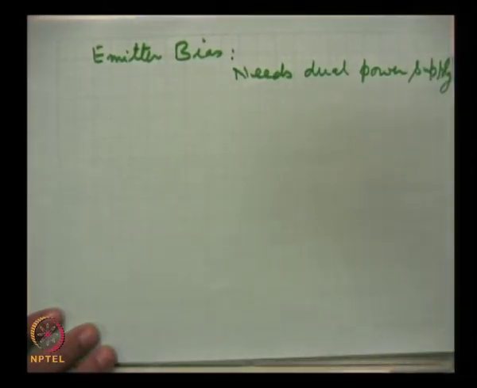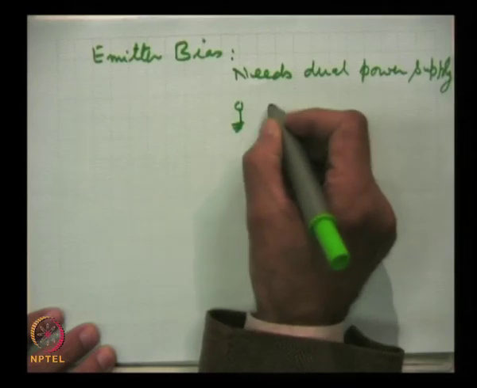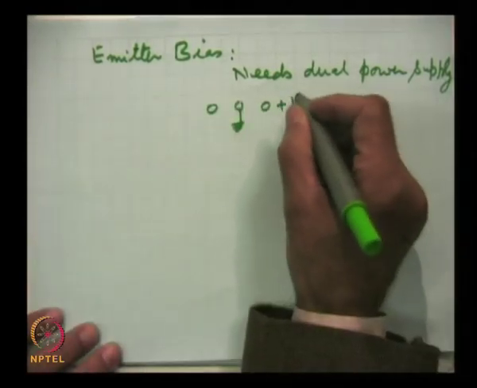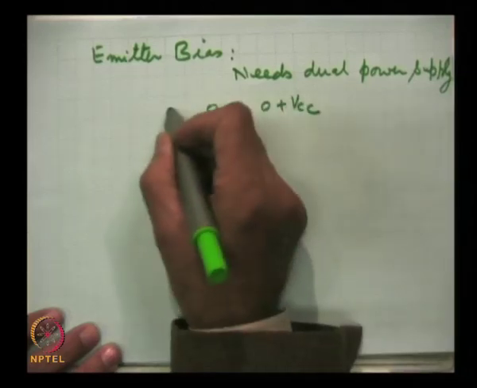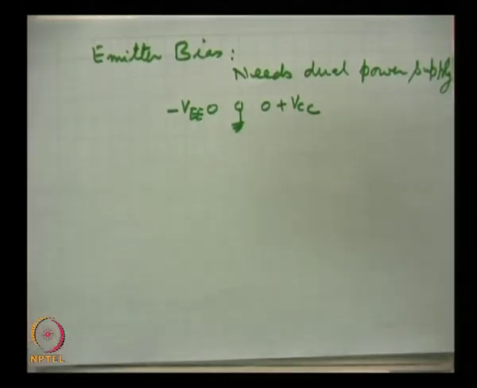I have explained the meaning of dual power supply, and that is two voltages with respect to ground. One is plus VCC, other is minus VEE. This power supply is needed to implement emitter bias, and then the